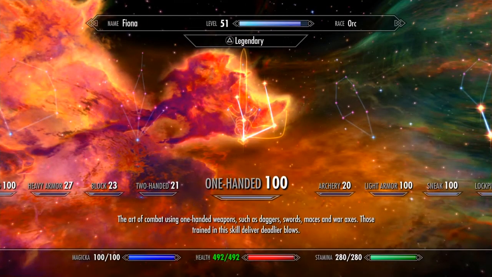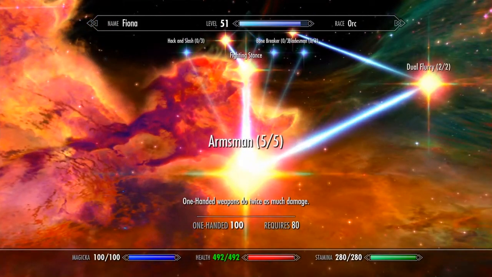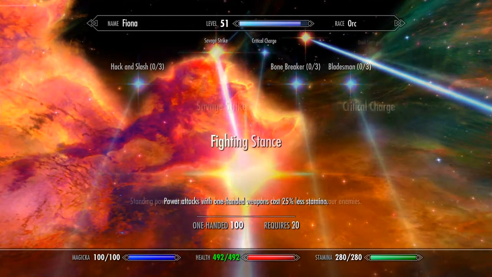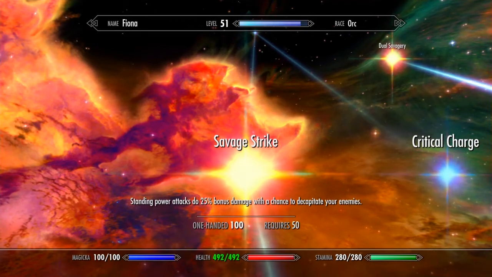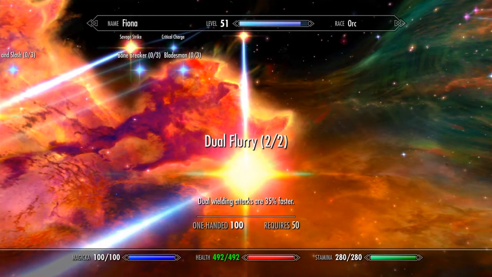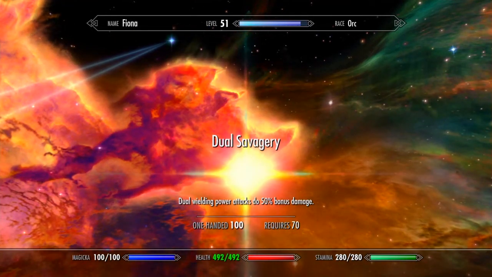The very first thing that I knew I was going to do was use daggers. So I decided to go for one-handed, and I took the 5 ranks of Armsman in order to do twice as much damage. I then took Fighting Stance to perform power attacks for 25% less stamina, and Savage Strike for the same reasoning. Dual Flurry just to increase my speed when I'm not sneaking around, because you'll need it,